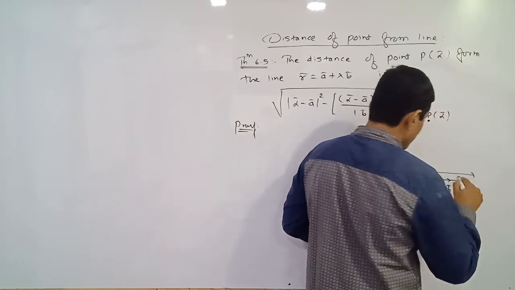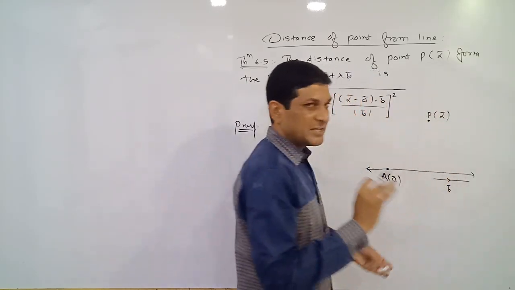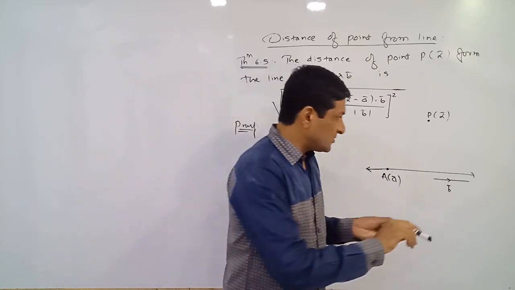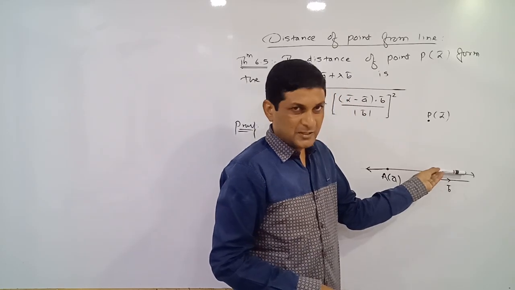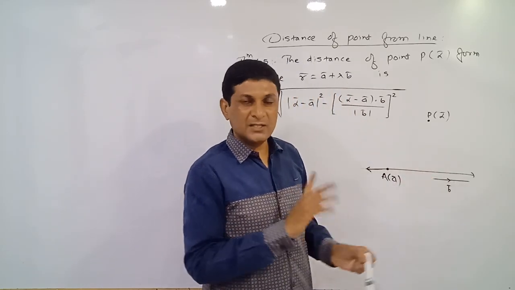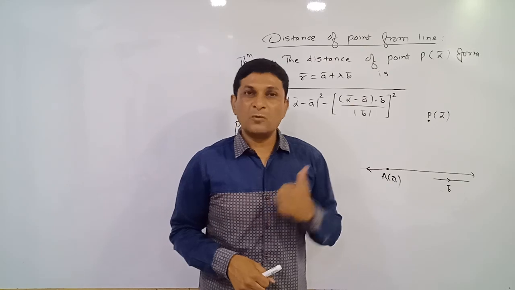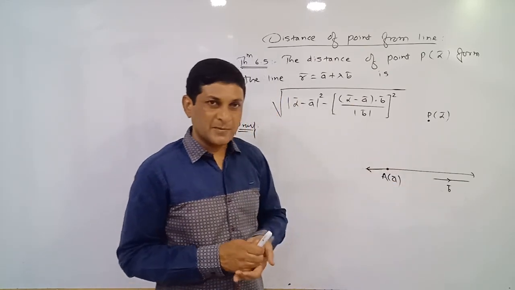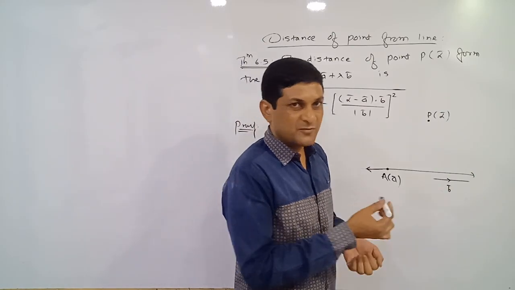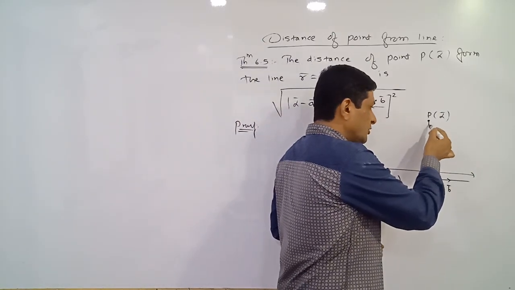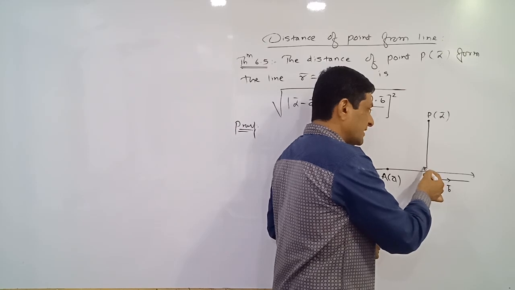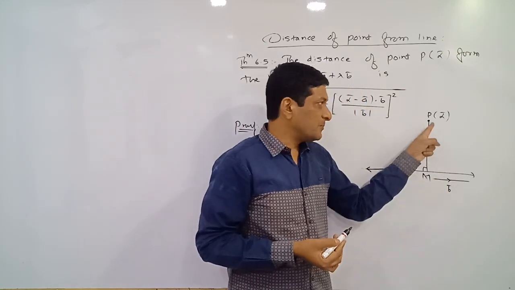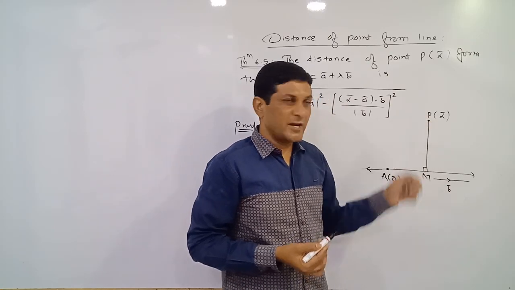We can say that it is a vector along the line or a vector parallel to the line, because we are studying free vectors. So this vector can be moved along this line also. Now what is our question here? To find the distance of this point from this line. So from this point P, draw a perpendicular on this line. Let us denote the foot of the perpendicular by M. So PM is the distance of this point from the line.